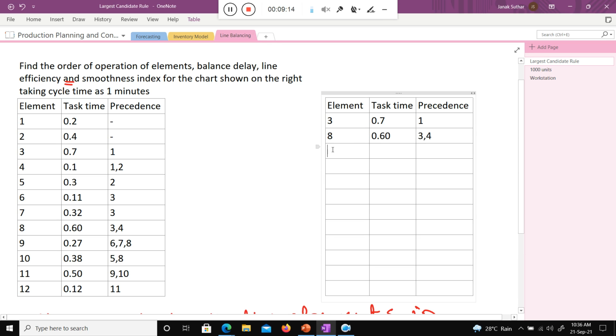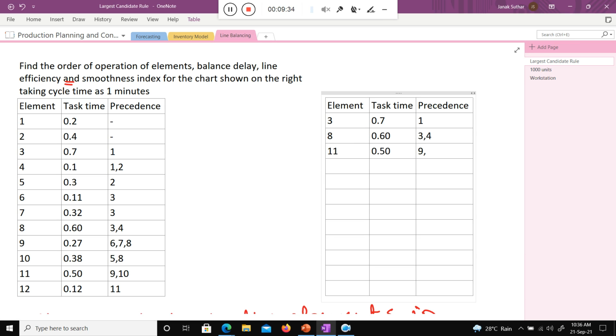Now the next one, which one is next, class? Element 11. Good. For 11, the task time is 0.40, and the precedence is 9 and 10.